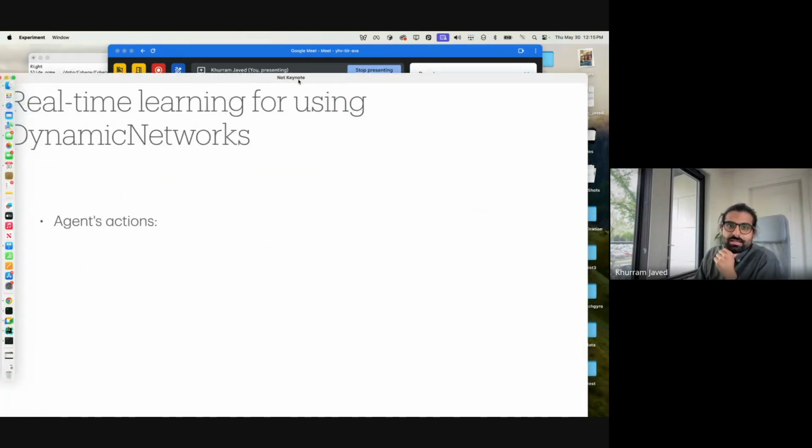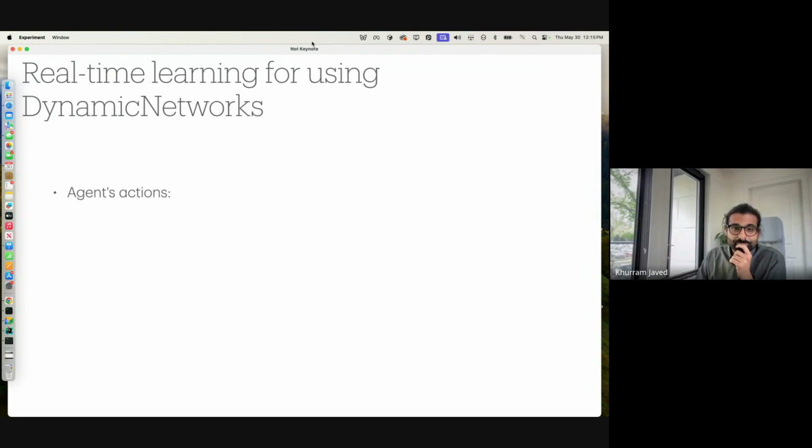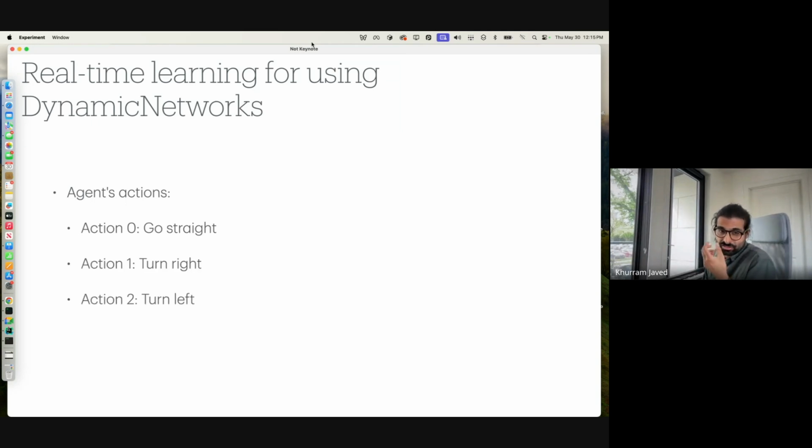Okay, so the agent has actions, and let's say in this case, the agent is going to have 3 actions, and the agent will be a simple avatar moving on the screen. You'll see it soon. The action 0 just means go straight. Action 1 means turn right. Action 2 means turn left. And then if there are ties,